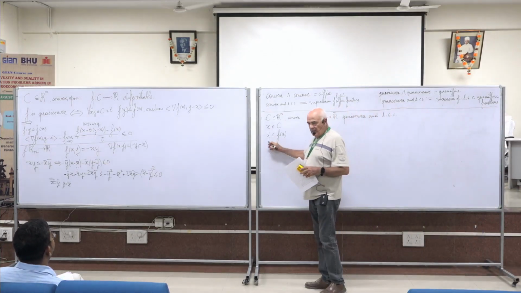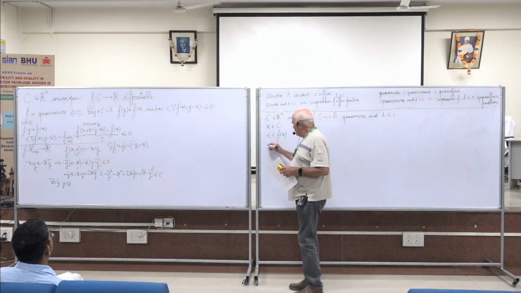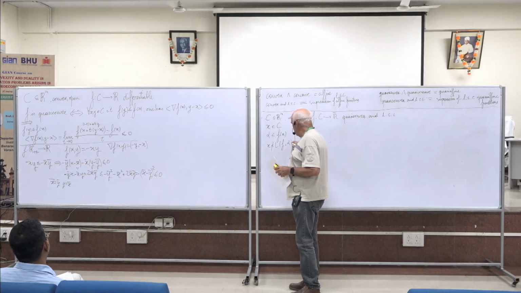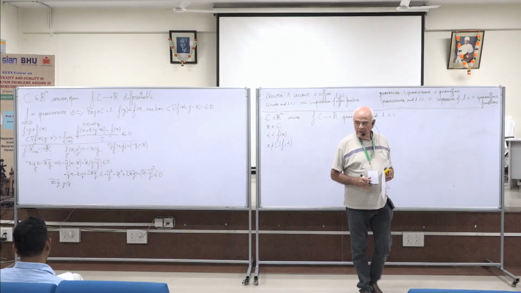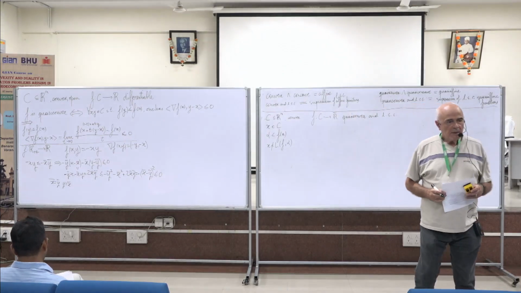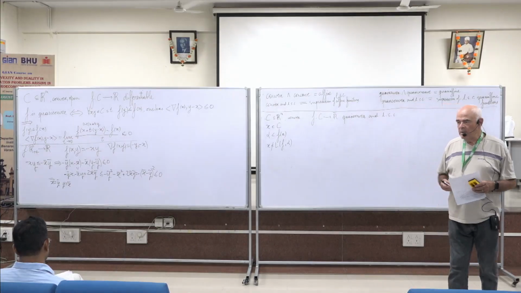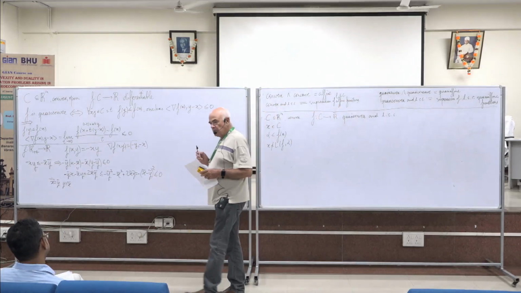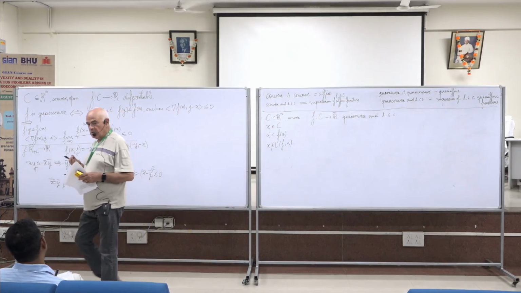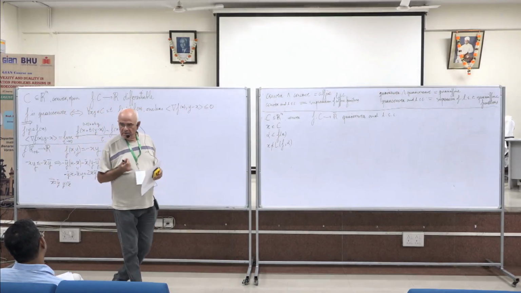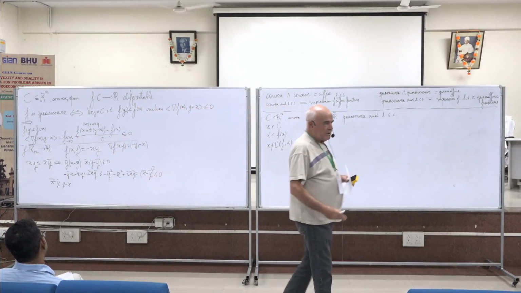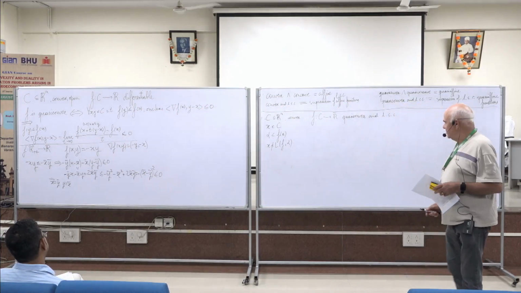So I take any alpha smaller than f of x. This means that x doesn't belong to the lower level set of f corresponding to the level alpha. And now I'm going to use something that maybe Dr. Laja will tell us later on, the separation theorem. Are you going to talk about the separation theorem? Okay. So he will explain probably in more detail, more clearly, but the idea is that